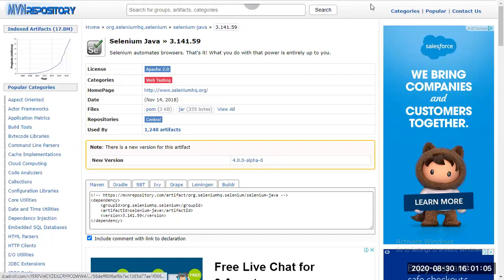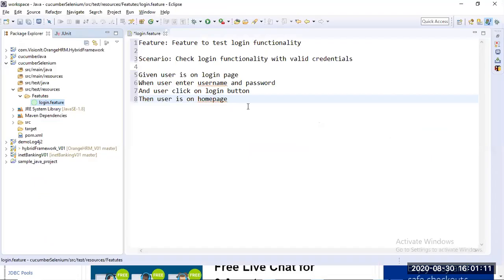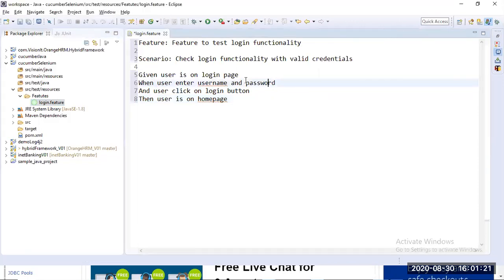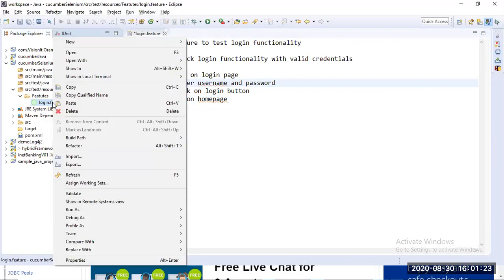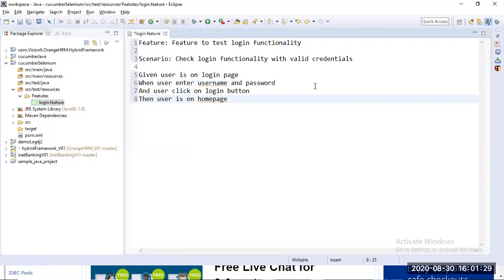Why is it coming like this? Okay, it's fine. Let's run it. So we are executing that file. Okay, what happened? Not started. So run as feature file, Cucumber feature file. It will come, not an issue. Let's check.